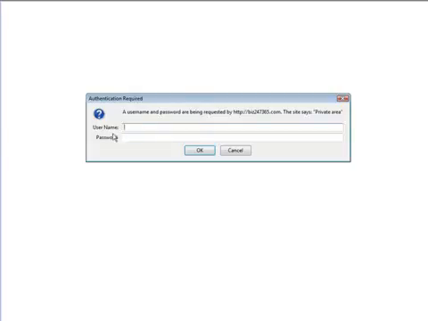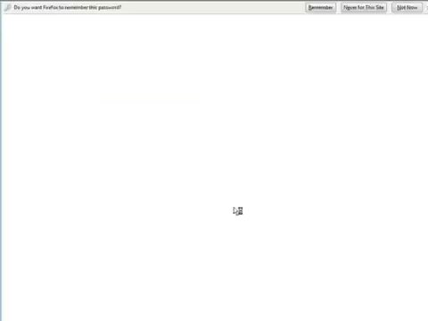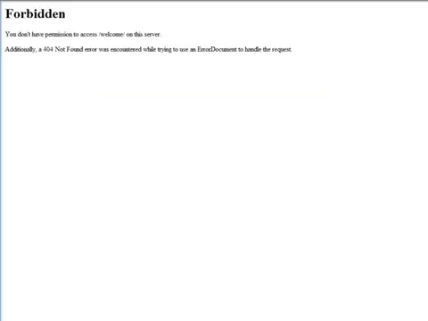Okay, I've typed in the URL to the welcome directory, biz247365.com/welcome. We hit the enter key, and as you see, we got a password box. Now we have to type in our authentication. Click OK. Now the reason it's telling us that we're forbidden is because we can't actually look at a directory